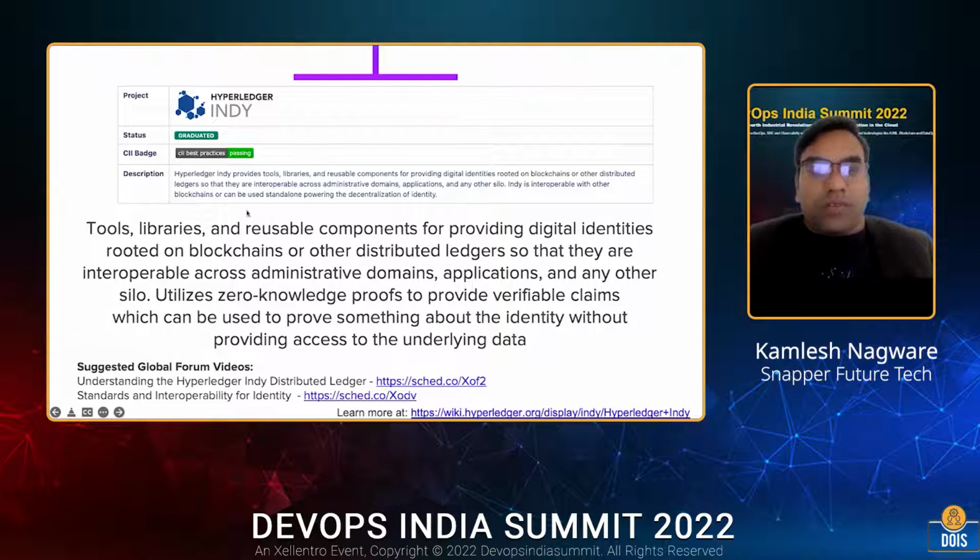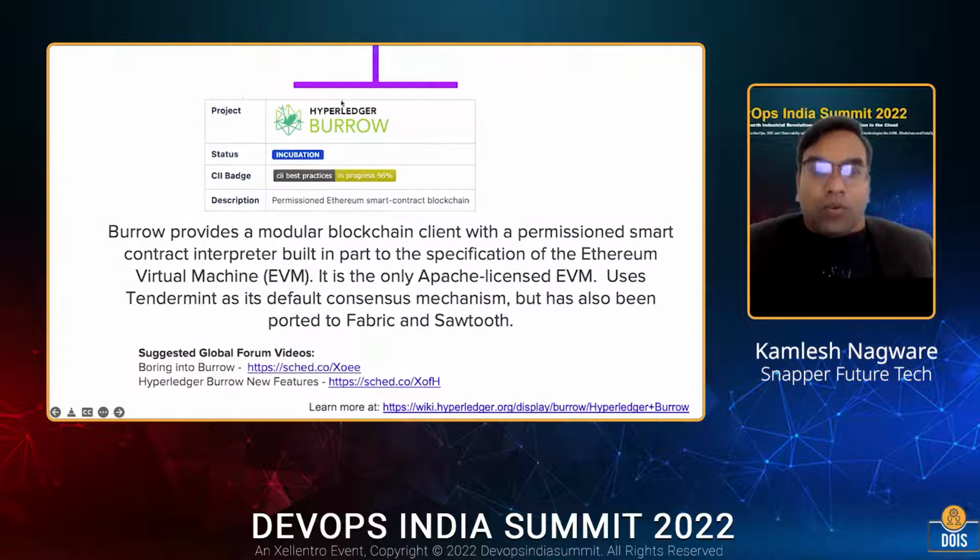Hyperledger Indy is mostly used in digital credential and identity management use cases, so certificates, digital credentials, identity management and credential verification are built on Hyperledger Indy. For example, the British Columbia and Ontario governments are using Indy to build their e-governance platforms and solutions. Burrow is a blockchain framework to bring interoperability between Fabric and Ethereum. For example, you could run your Ethereum smart contract in the same manner in a Fabric component.